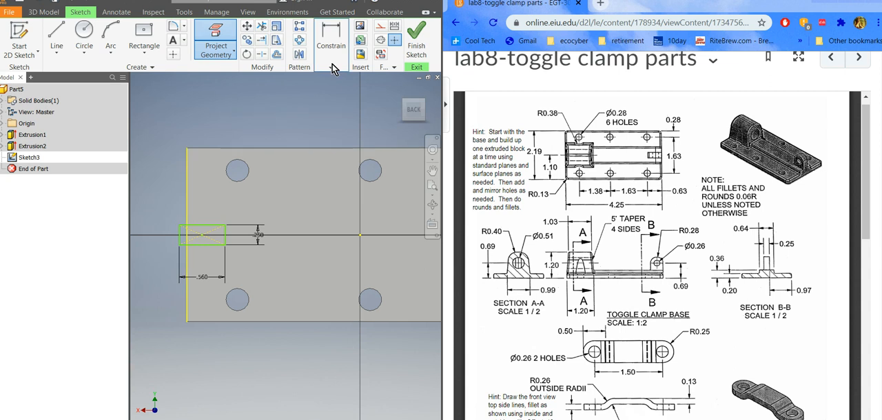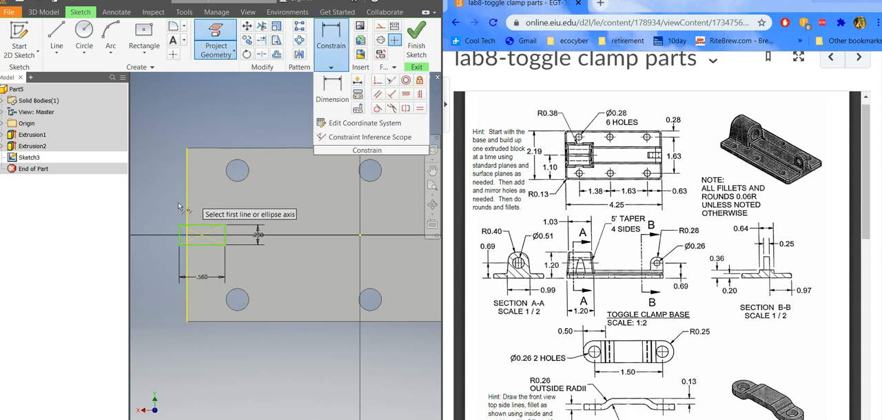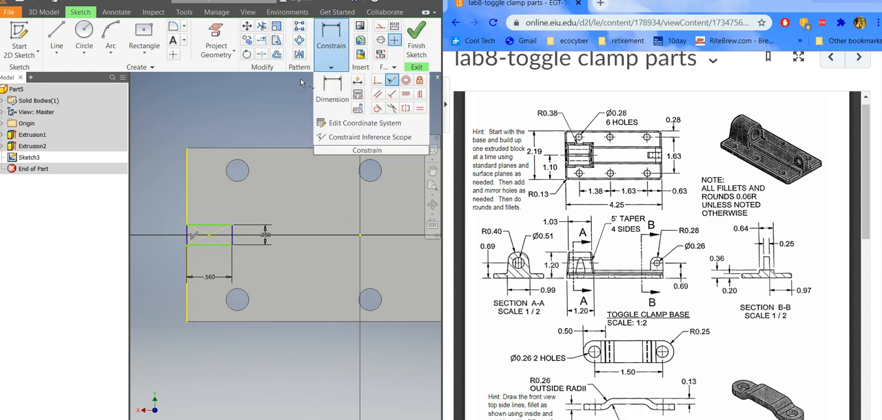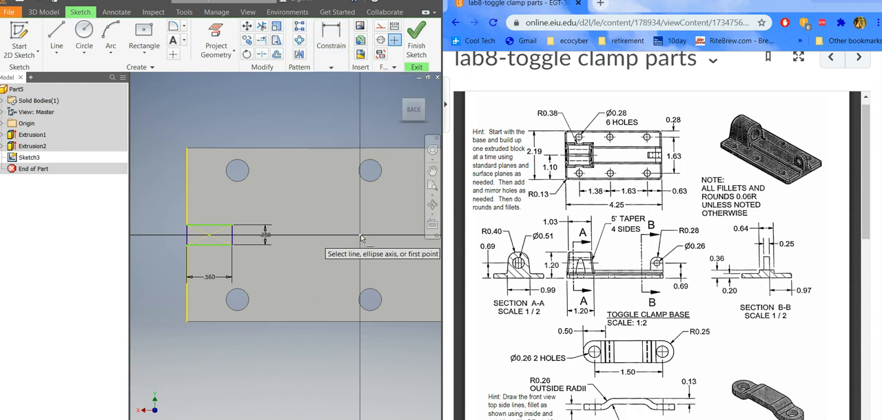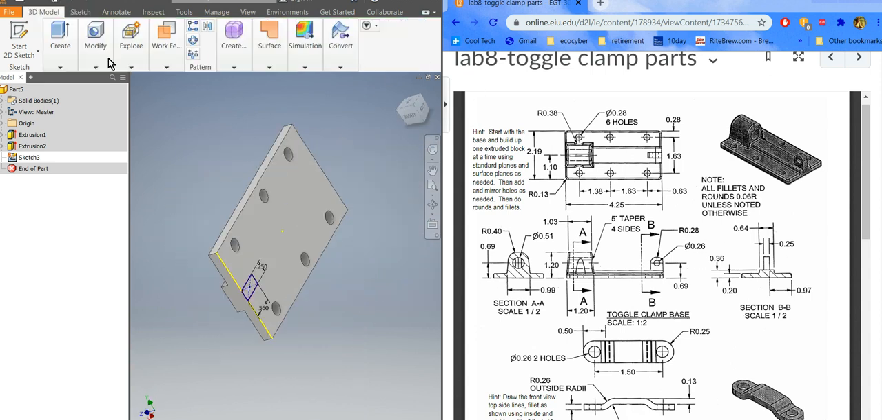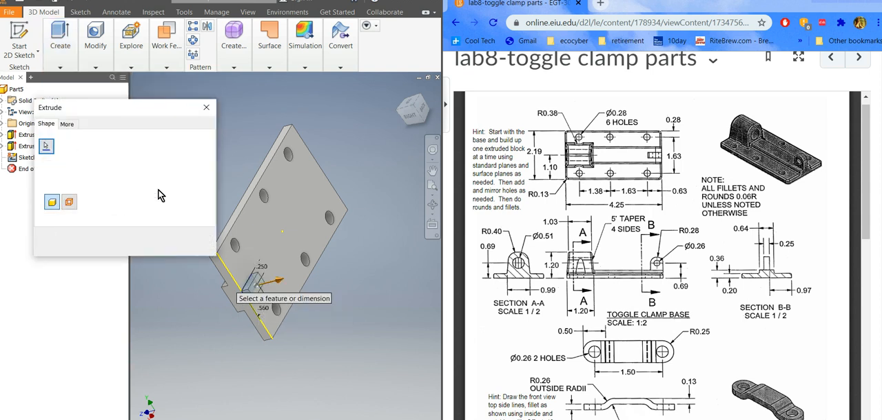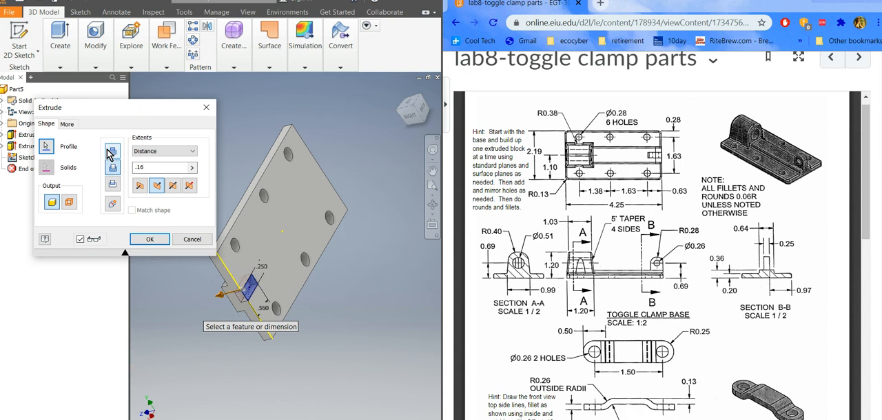I want to make those collinear, so there's collinear. Pick that line and this line, now they're lined up, okay, and then I want to make them horizontal from this point to that point. Okay, so that's all locked in now, and then I'm going to finish sketch, and then I'm going to extrude, and I don't want it going the other direction, and it switched to cut. I don't want it to be cut, so I'm going to put it to grow,